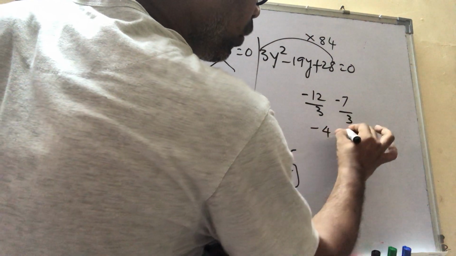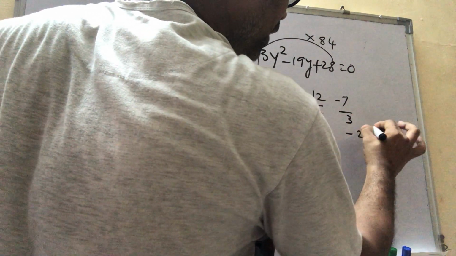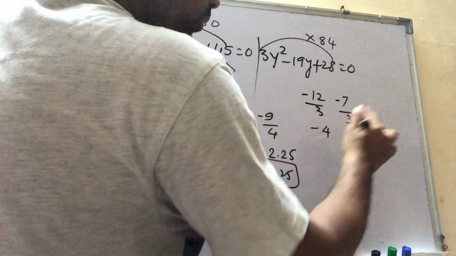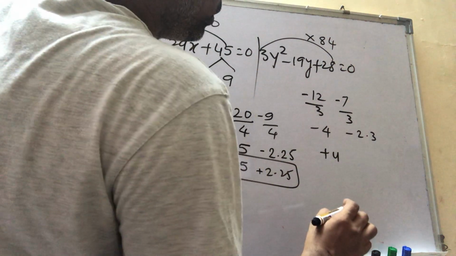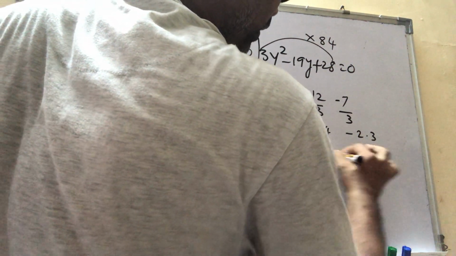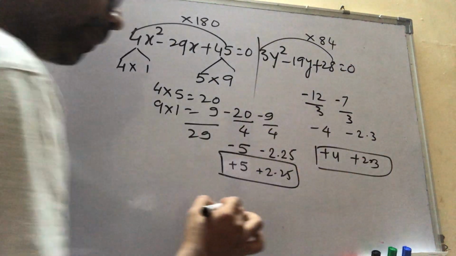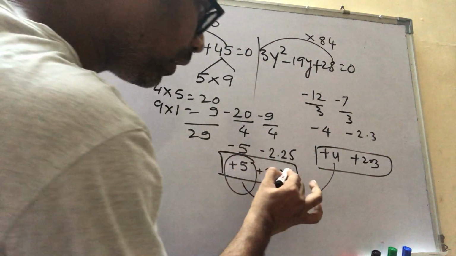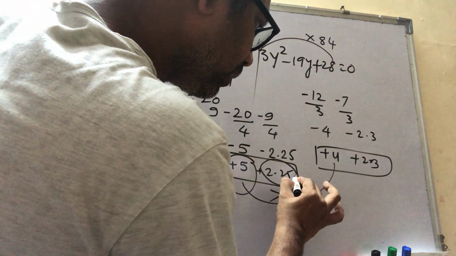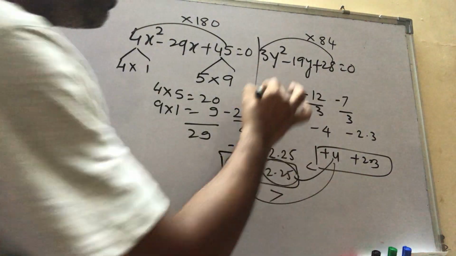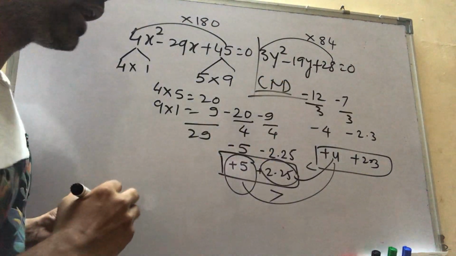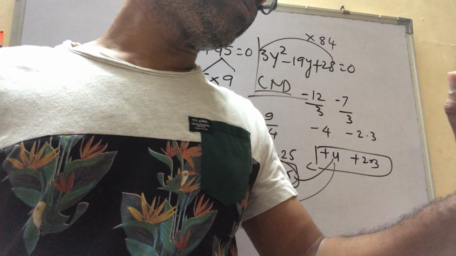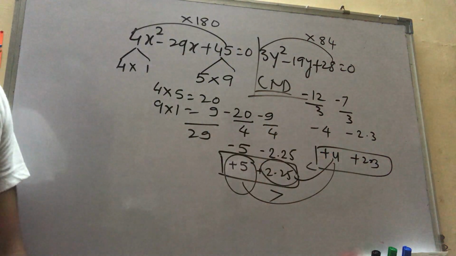So this is minus 4 and this is minus 7 by 3, that is 2.3. So again, when you take it on that side, it becomes plus 4 and plus 2.3. So this is factors of this. So when you compare plus 5 with this, obviously this is greater. When you compare 2.25 with this, plus 4 is greater. So again answer is what? C and D. That is what? Cannot be determined. Hope everyone clear with this. Great. Answer is what? Cannot be determined.